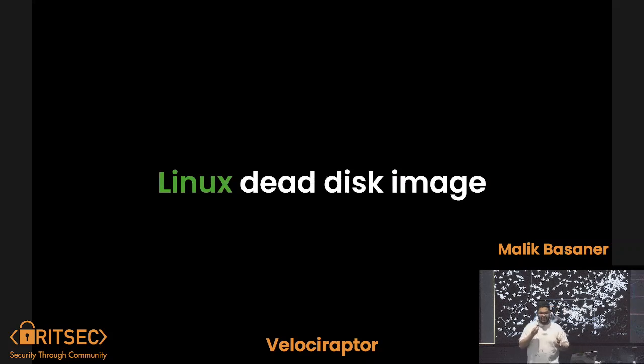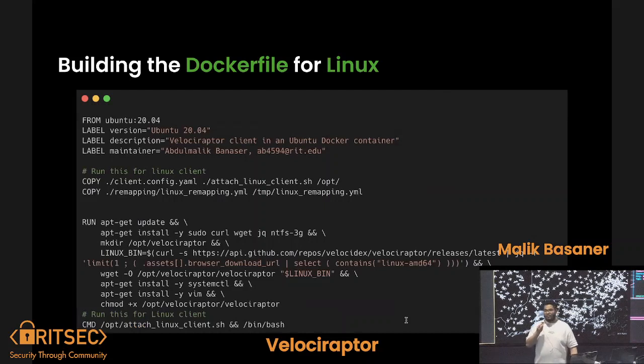Linux dead disk image, and now we're going to see a lot of code. First of all, to get a Linux dead disk image, we have to build a Docker container, which is the same as a Podman container. In my Podman presentation, I mentioned that a Dockerfile can be run by Podman or by Docker itself. They are the same thing, the same structure and everything, but we're just going to use Podman for the sake of security. So we're going to define what the base image is, as Max just showed us an hour ago or so.